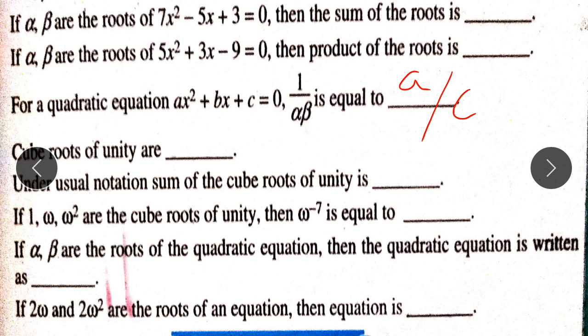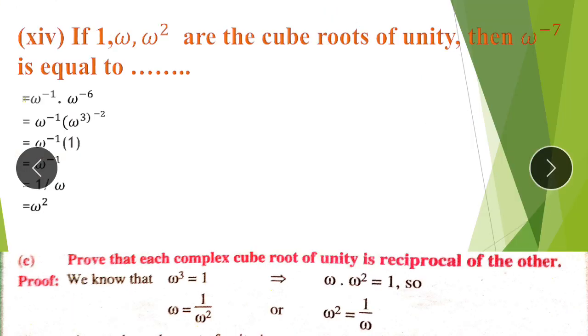Let's see. Here is this part. Okay, this part here that we are going to evaluate omega to the power minus 7. Now see, omega minus 1 and omega minus 7. Omega minus 7 does not come on the table of 3, therefore you have to break the powers: minus 1 and minus 6, because 6 comes on the table of 3. So 3 into 2. So instead of omega cube we can write here 1.